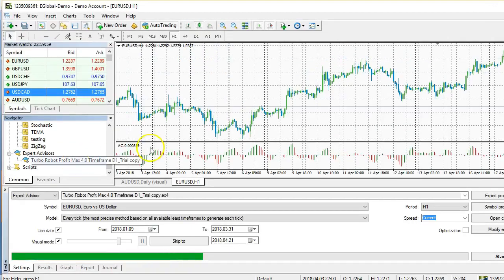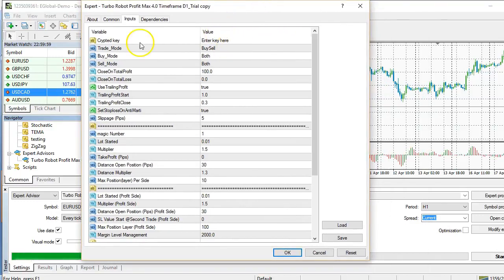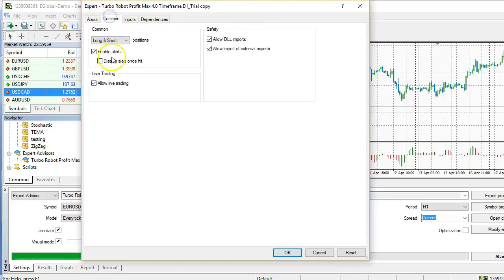Then drag your robot to the currency pair that you want. Make sure to enable the auto trading mode. Normally it is in red color, so make sure it's in green. Next you drag this, and first you will see the name of our EA, our robot, and then you have to click this. First you have to click the short and long